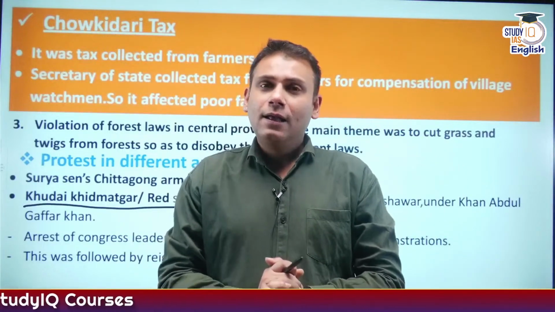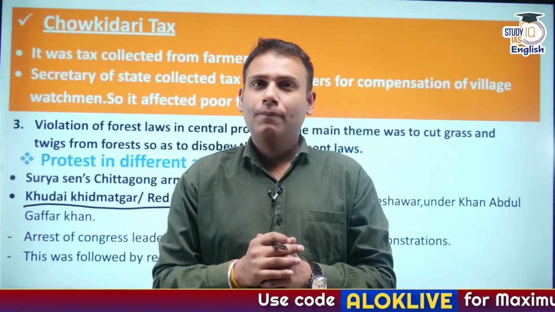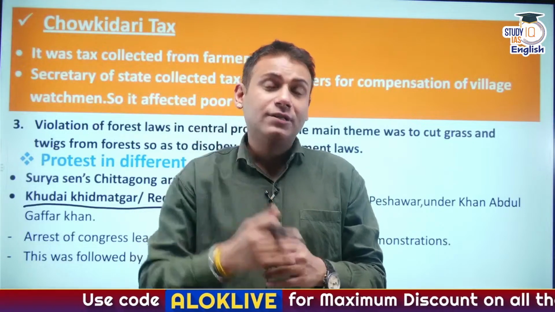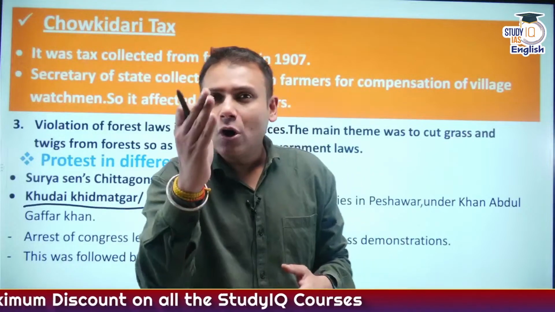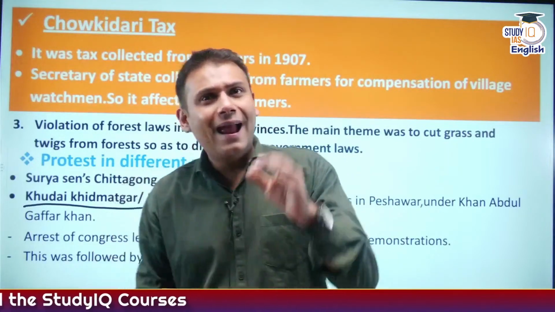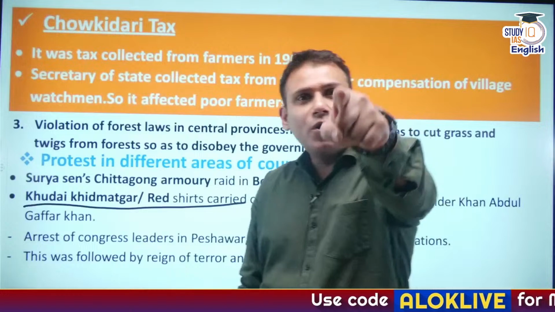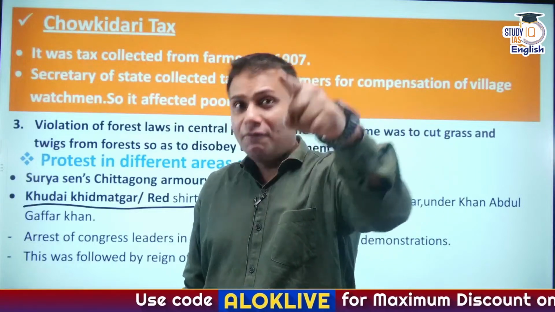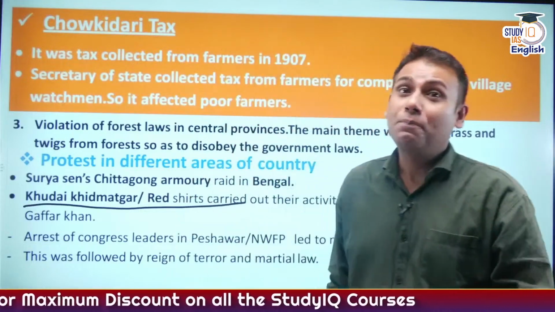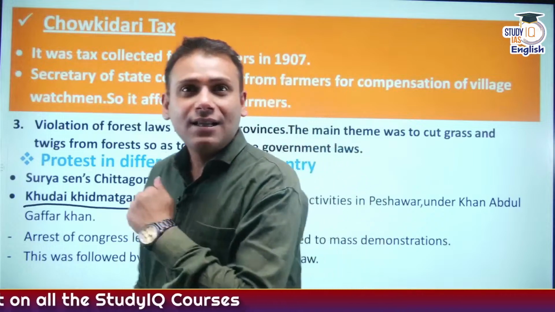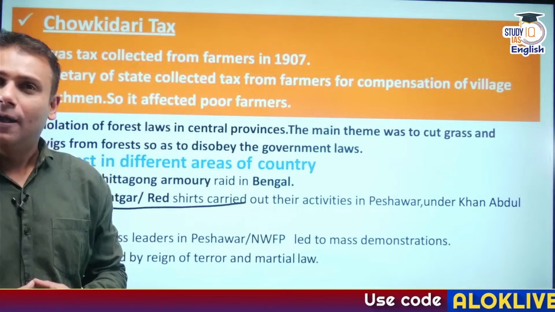It is believed that there were many Khudai Khidmatgar protesters who were peacefully protesting against the Britishers. One battalion of the Britishers, the Garhwal Rifles, came here to fire upon the peaceful protesters. When they saw the peaceful protesters, it is believed that the entire Garhwal Rifles dropped their arms and said that we are not going to fire on these peaceful protesters. Finally, action was taken against the Garhwal Rifles. So the Khudai Khidmatgars, particularly Frontier Gandhi, Khan Abdul Ghaffar Khan, played a very major role in sensitizing the masses in the northwestern part of India.